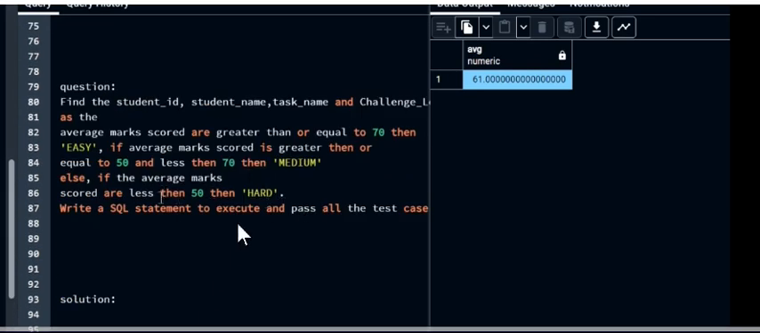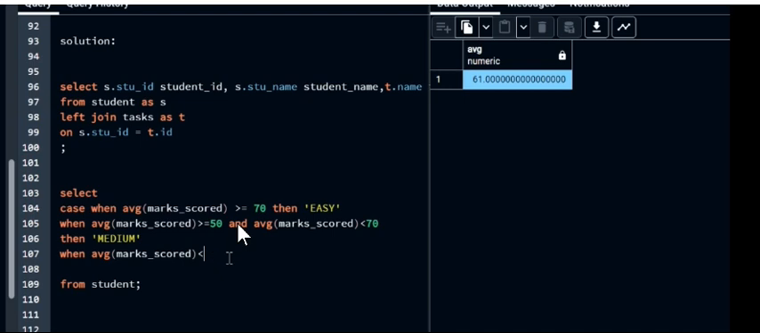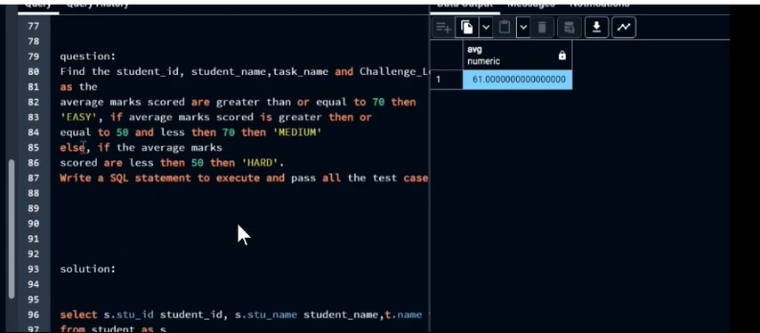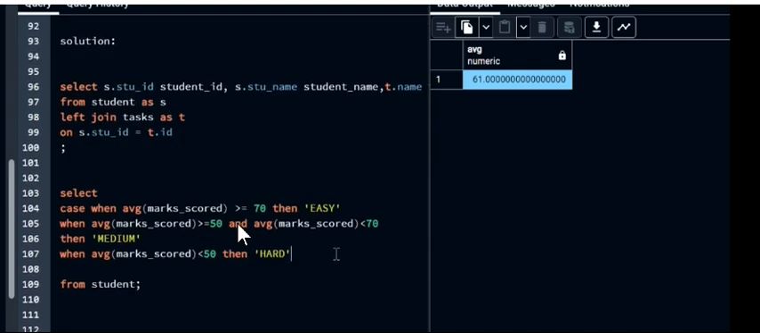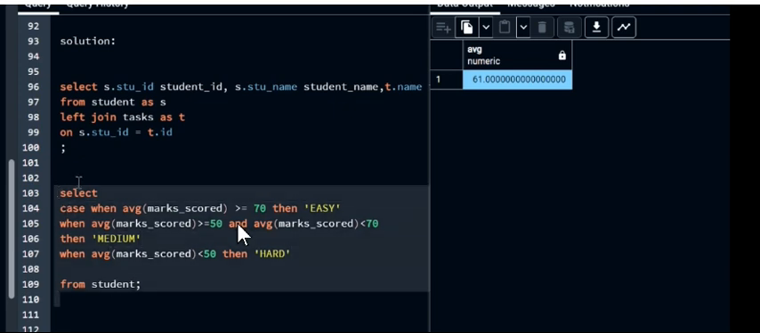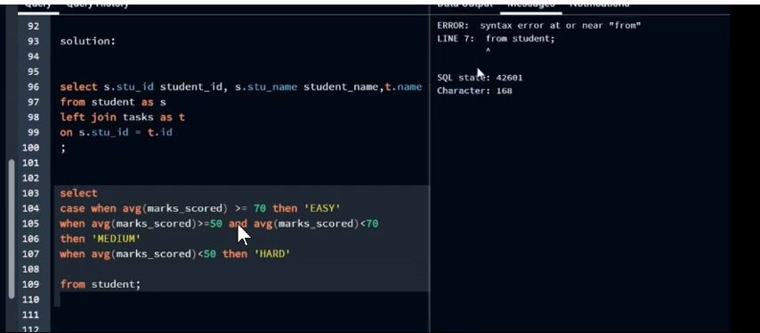Yeah, here we are. So the question was to find the name as well, and here we are trying to solve this case statement where we have: when the average mark score is greater than 70, as we have shown in the previous video, then it is easy. When the average mark score is between 50 and 70, then medium, and when the average mark score is less than 50, then keep it as hard. So based on that, if we select it from the student table, I get to see the answer as